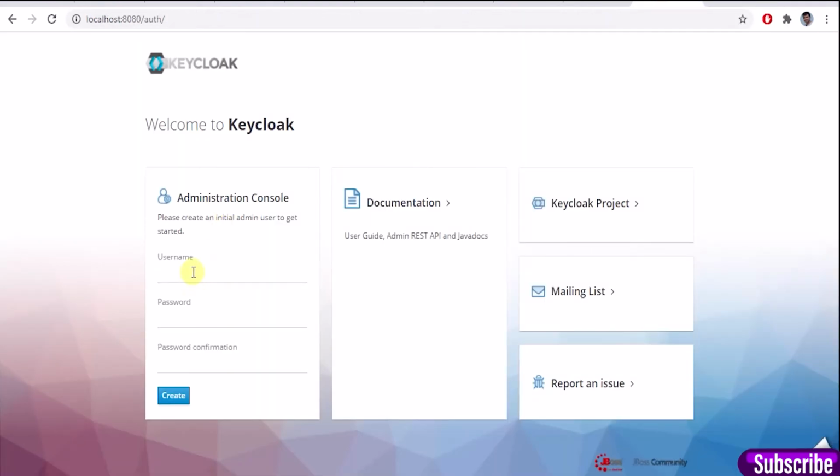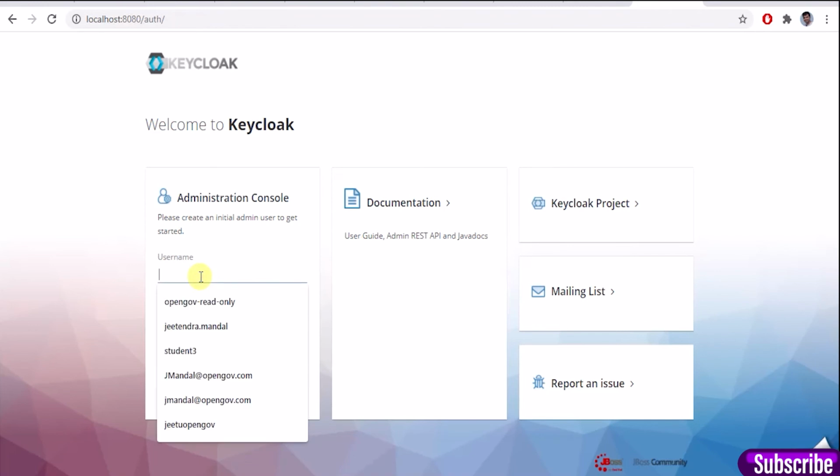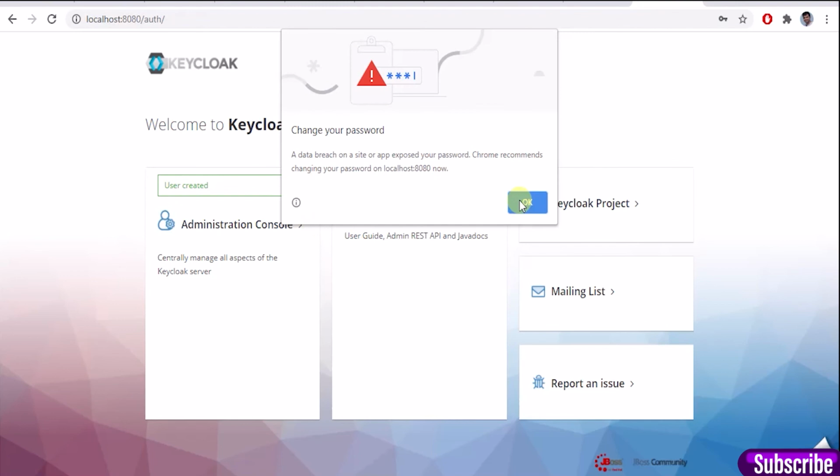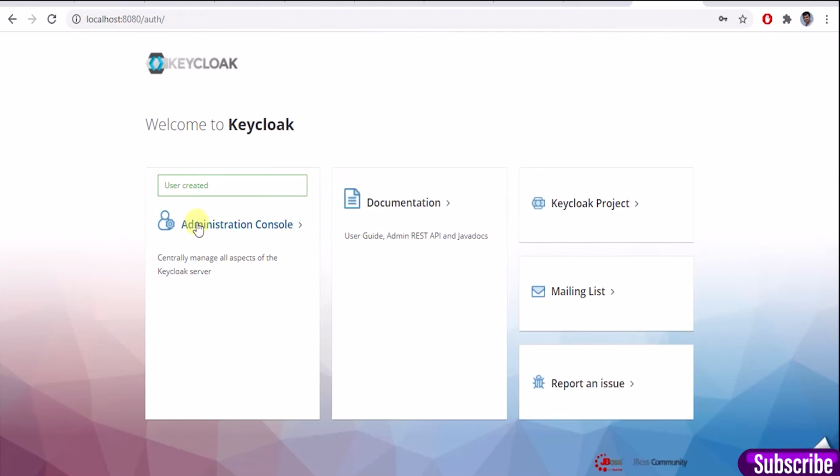Now inside Keycloak, this is the first time I'm logging in, that's why it's asking. By default there is no user created. We'll create the admin user first. Admin user is the first user which gets created.